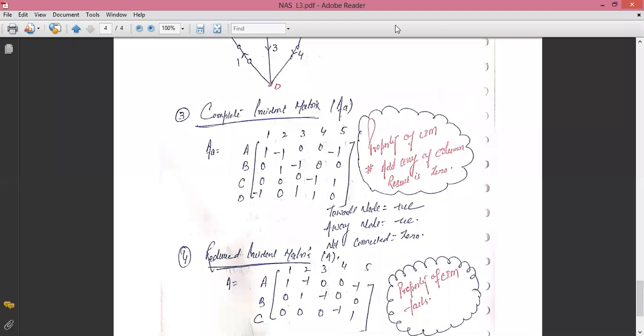Clear? I will share this PDF material, and also the video, on your WhatsApp group. I request you again, please watch the video carefully and study the material that I share on WhatsApp. I will also provide you 2 or 3 numericals, so you should try to solve these numericals on your own. But again, if you face any problem, you can ask me, or I will discuss these problems in my next lecture. Clear? Yes, sir.